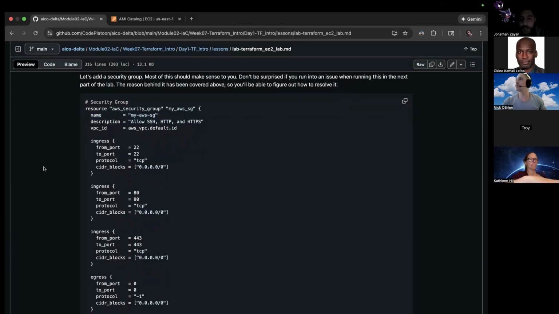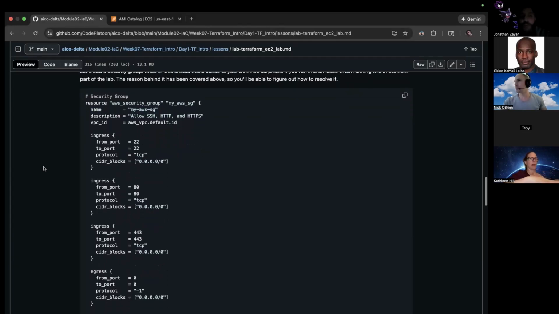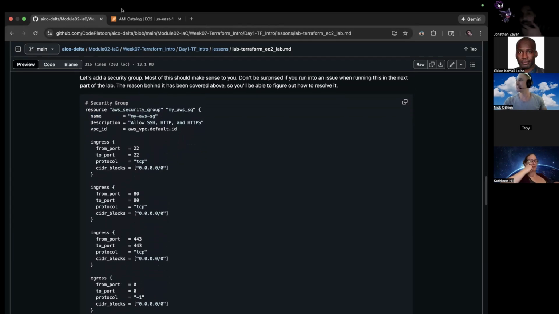Are you guys running it? I'm not there yet. Oh, okay. I just have provider and resource for the EC2. Here's what I'm going to do, though, because that is a solid question. If you're running it, let us know the result. But just for time considerations, I do got to power forward. Solid question, don't think I'm dismissing it. I'm just not 100% certain, and we do got to keep rocking.